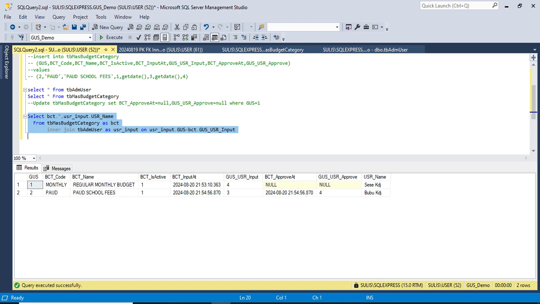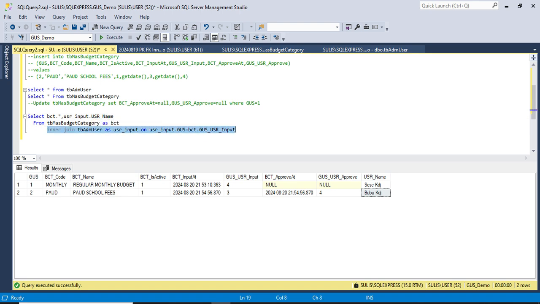See? Now we understand the user who input is Sese KDJ and Bubu KDJ. And we can also give the name of this username by using column alias.